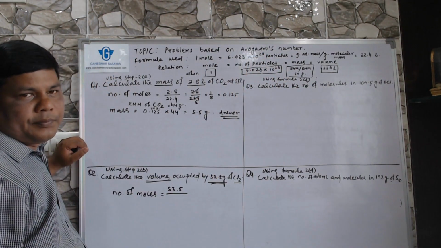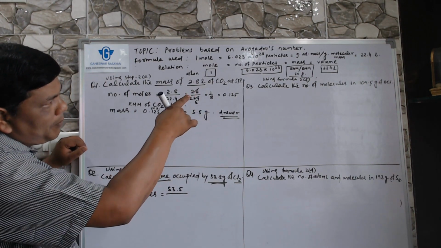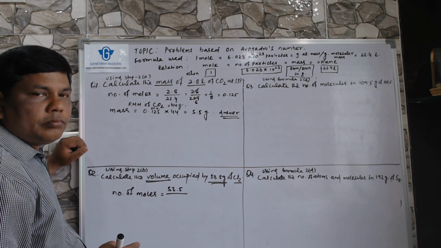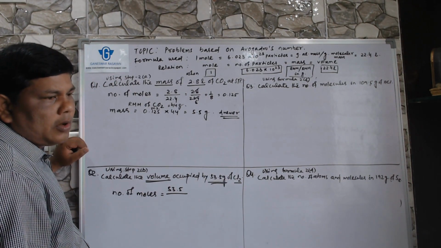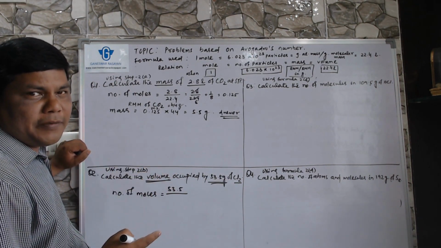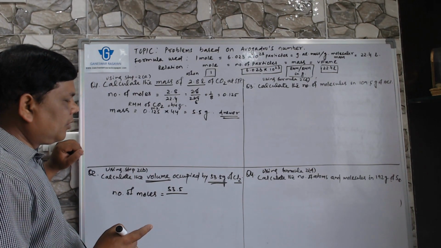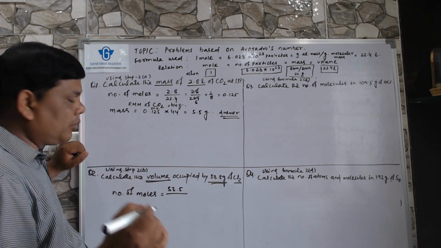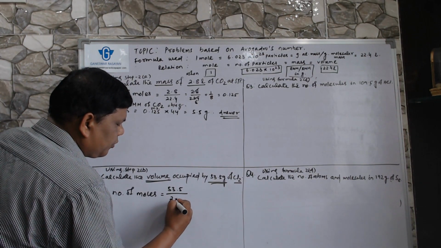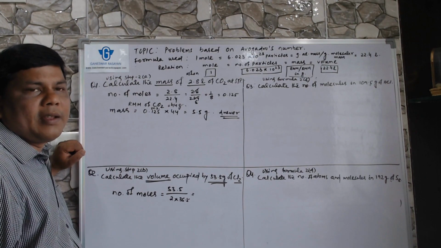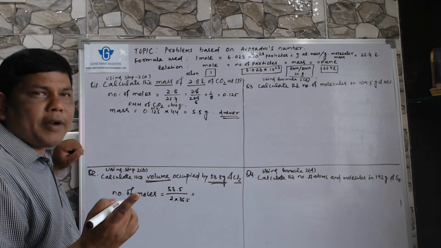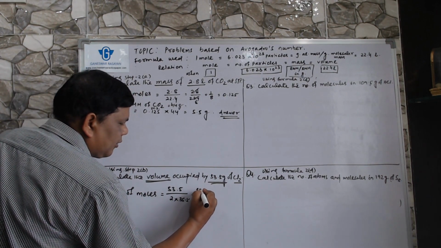Here it is the mass, which means the denominator is RMM of Cl2. Atomic mass of chlorine is 35.5. So RMM of Cl2 is 2 into 35.5, which is 71, and 53.5 by 71